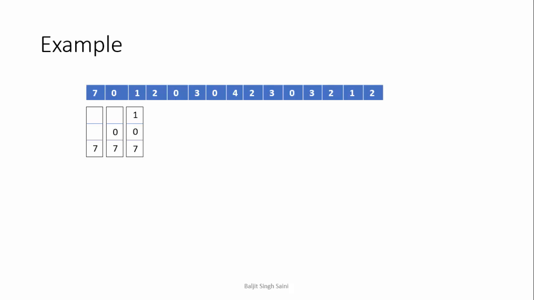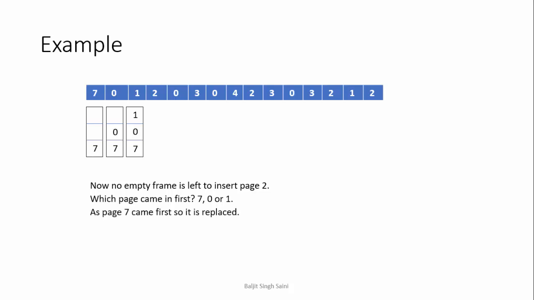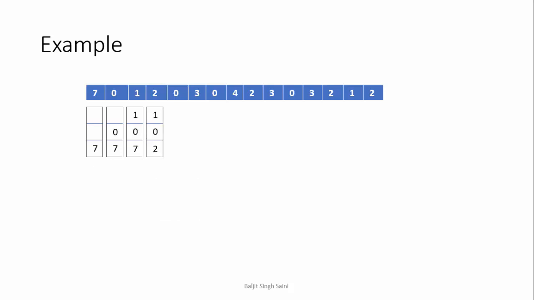Now when the request for page number 2 is placed, there is no more memory in the RAM. This means that there is no frame free to allocate to page number 2. Now we need to select one page out of 1, 0 and 7, which will be swapped with page number 2. The algorithm is first in first out, so you need to see which of 1, 0 and 7 was the first page that we brought into the RAM. The answer is 7, right? So now we are going to replace 7 with the new page, page number 2.